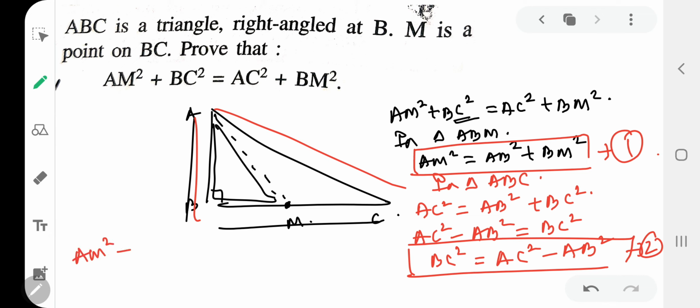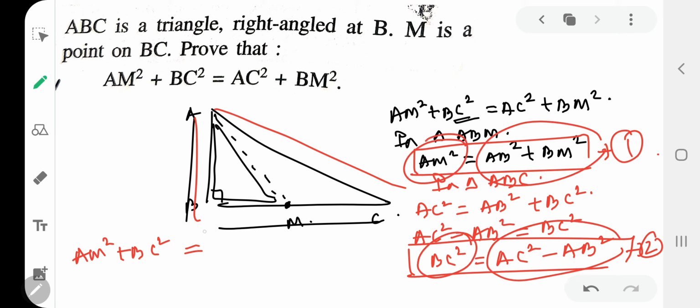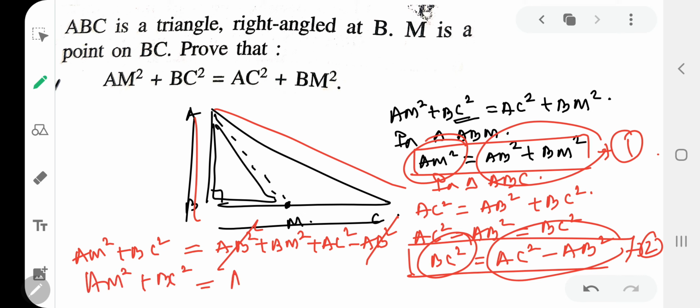So AM square plus BC square: the left hand sides will be added together and the right hand sides will be added together. AB square plus BM square plus AC square minus AB square. AB square cancels and you got AM square plus BC square is equal to AC square plus BM square. Isn't it